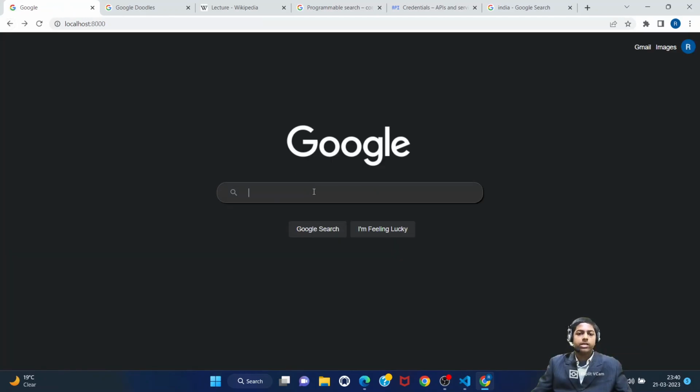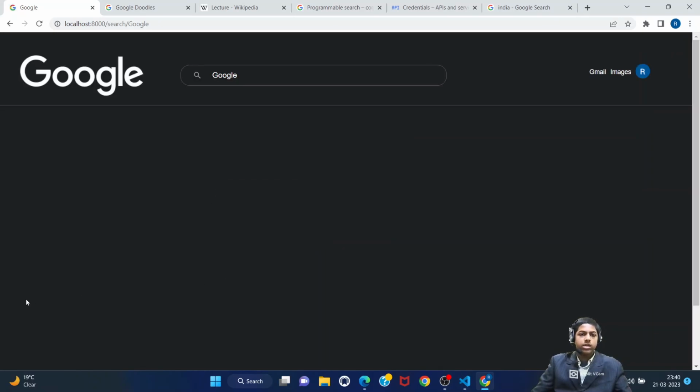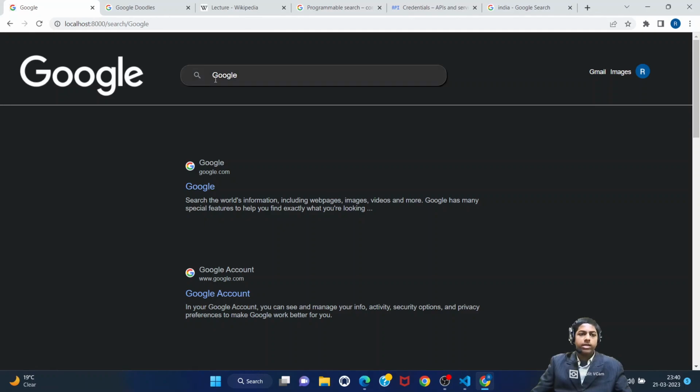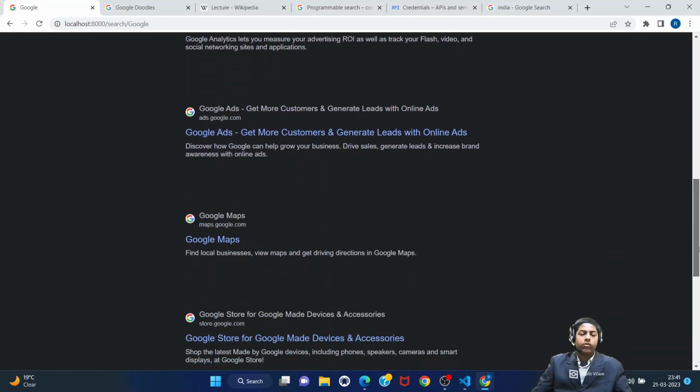Now I'm having this input box, I'm going to search here anything. Let's search for a new topic, like school, and click on the Google search button, or no, let's search for Google itself. So let's Google it. Click on Google search, and boom, you can see we are having this header bar, this icon, input box, and these are also working. Now you can see the results are coming in a good, formatted way